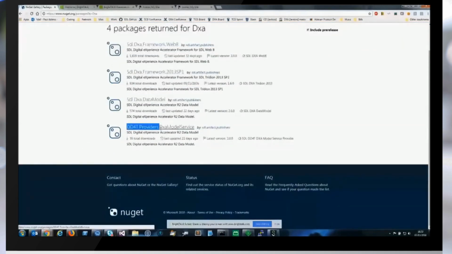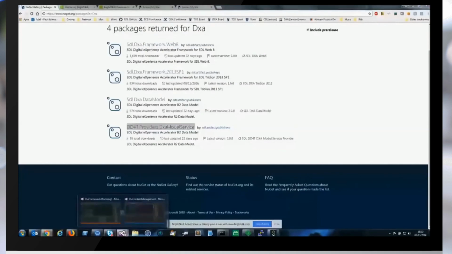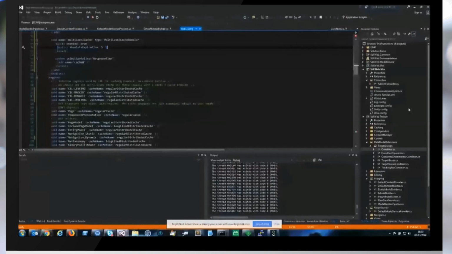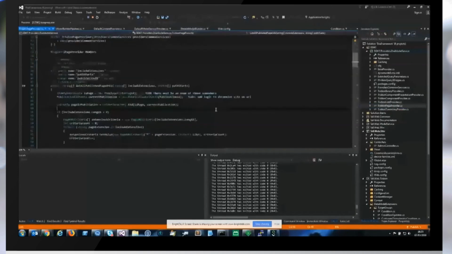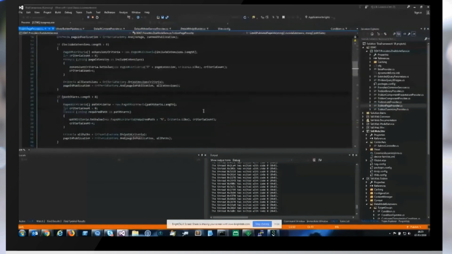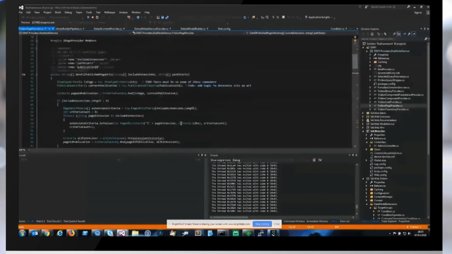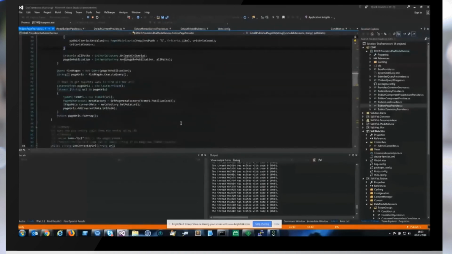I'll show you that. Show you the code for it. Okay, so this uses part of the SDL library as well for doing broker queries and so on. But for getting the page